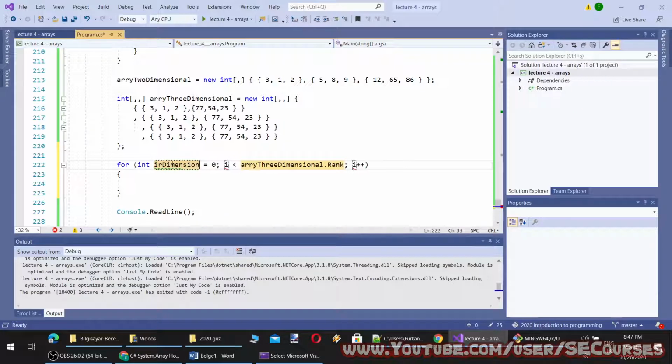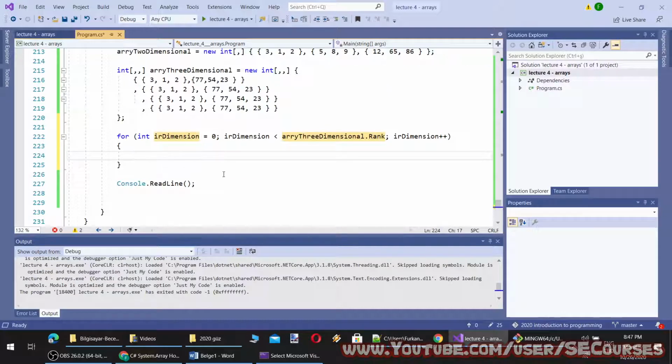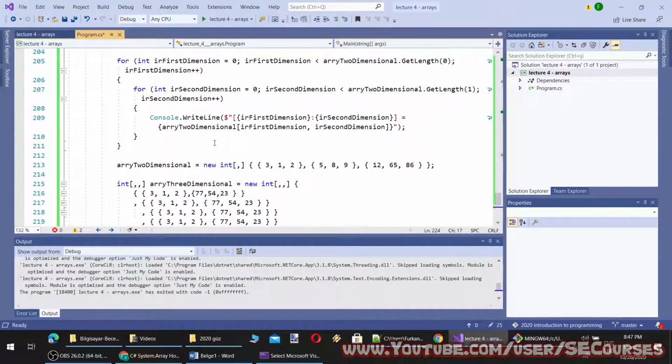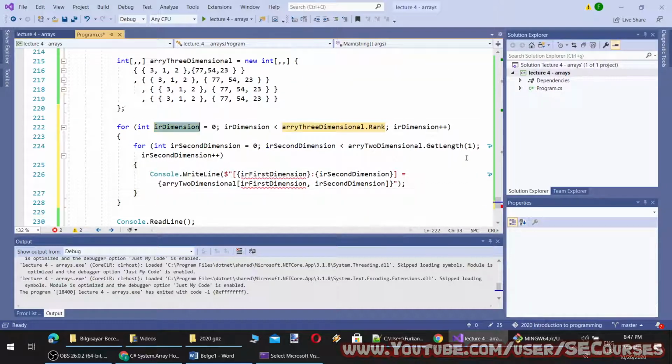And since I know the dimension, I can now plot this like this. And I know the dimension, so this time I am going to get that dimension length.